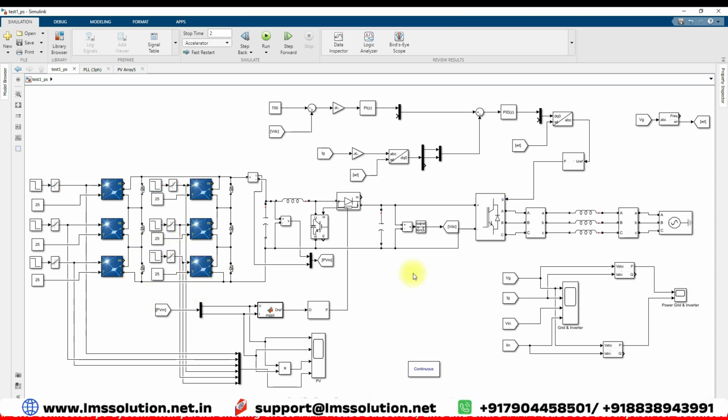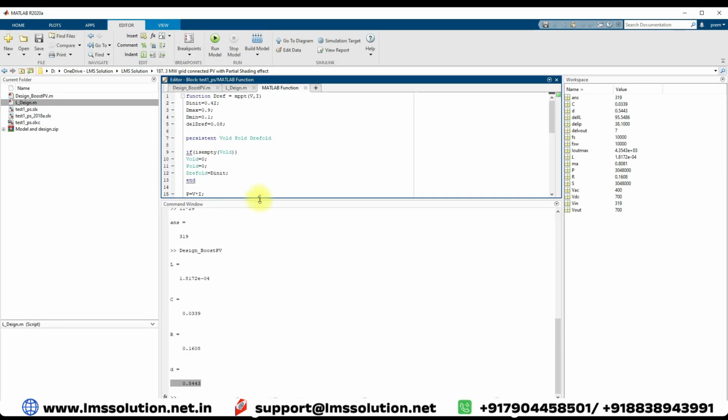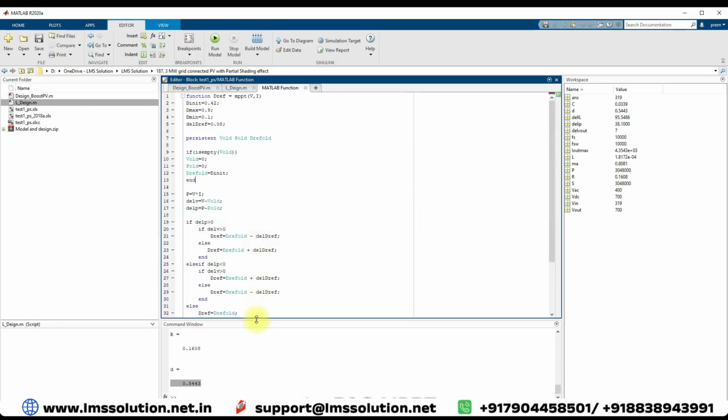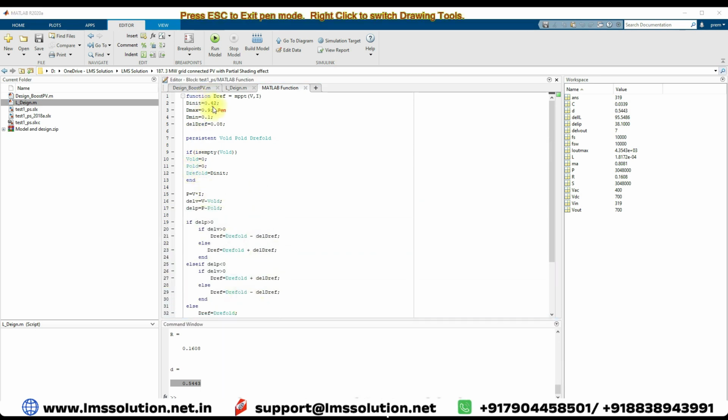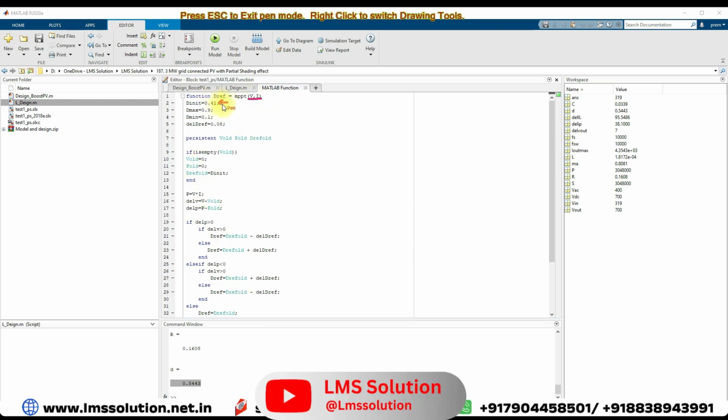This boost converter is going to be controlled by means of the MPPT algorithm. For that we need two inputs, the PV voltage and current. Here we are measuring the PV voltage, and here we are measuring the PV current, so that it can be processed by the MPPT algorithm. Inside the MPPT algorithm, we are using the P and O MPPT, where we measure the voltage and current of the PV panel, and here we are fixing the